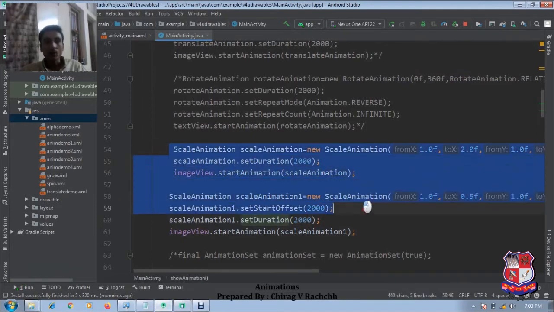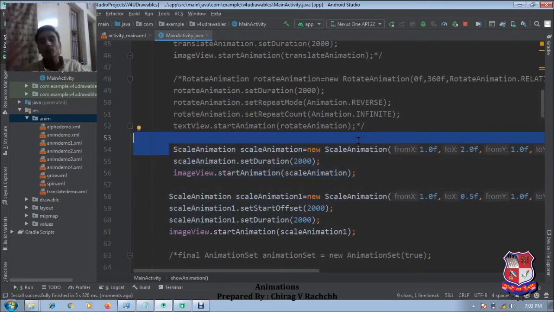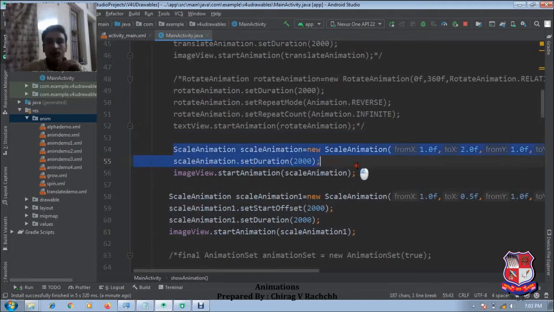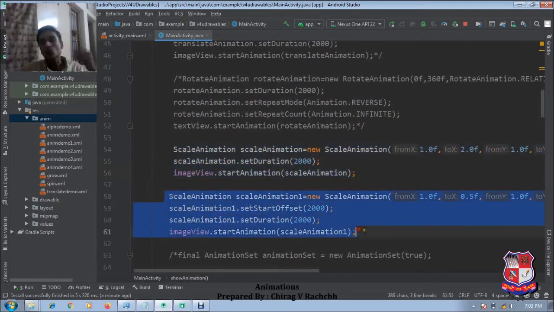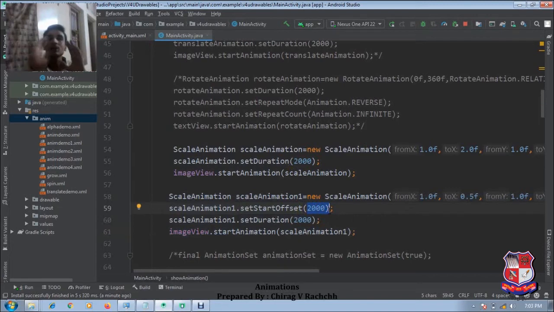Yes, here what happens, see, a problem occurs. We are applying this animation on the object first of all. Okay, this animation is applied to the object, and at the same time another animation is created and also applied. So the effect of the first is overridden by the effect of the second. So the effect of the first is not viewed, we cannot see it because it is overridden by the second. Okay, here when we write start offset 2000, we are just delaying the animation to start.